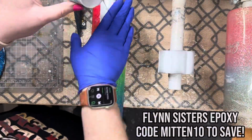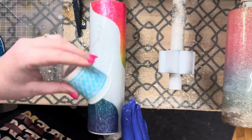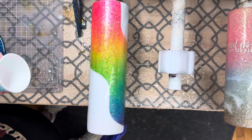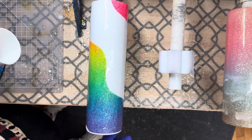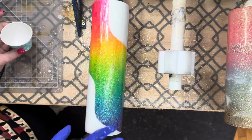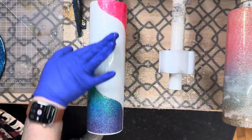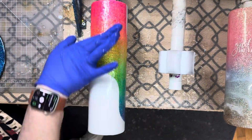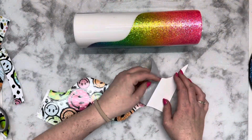After the glitter is dried and sealed, I'm going to put this on my turner with about 40 milliliters of Flynn Sisters epoxy. I did use the fast set here, and I'm not going to put epoxy on the bottom because I removed the cap from the bottom of this tumbler. I do want to fill it with glitter at the bottom, so you can omit that if you're not doing a glitter booty. If you are, make sure you pop that off prior to epoxying your cup,